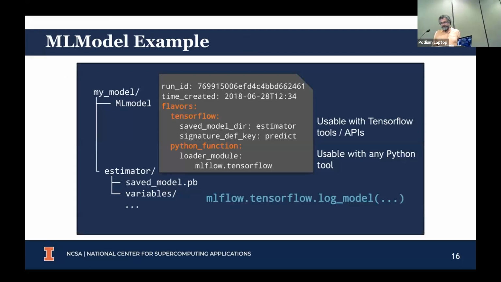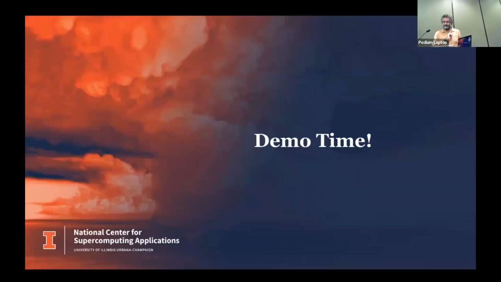So here's an example. What they've done is they have these flavors. And so you can just say model predict, and it knows which flavor it is. Prediction with TensorFlow is different than PyTorch, and that wraps all that. And so it's really a very nice library. I've worked on a couple of projects where we just like the ML model and being able to pickle your models and make it easy to run them, and we don't want the rest of the stuff. And so each of these components are actually quite useful on their own.